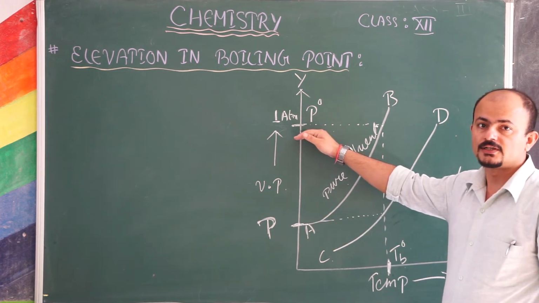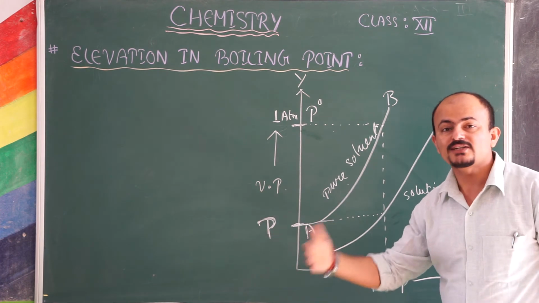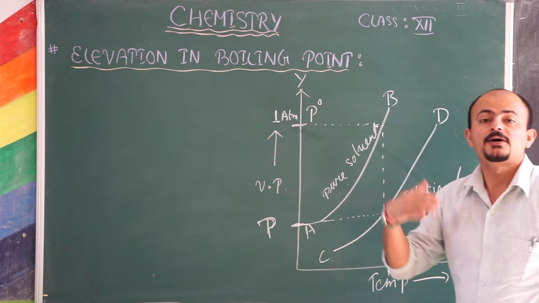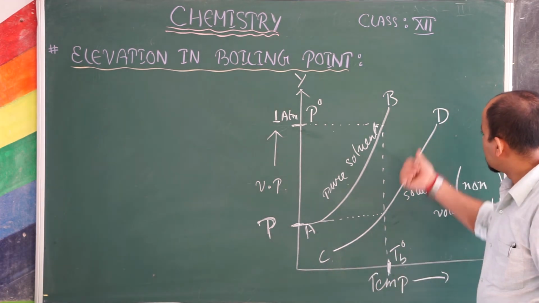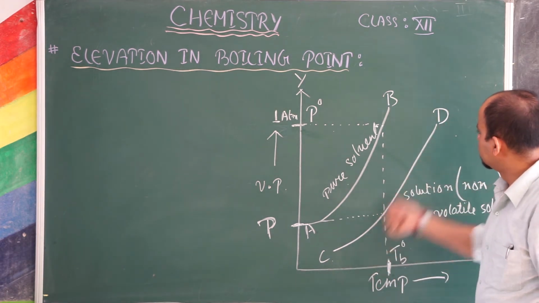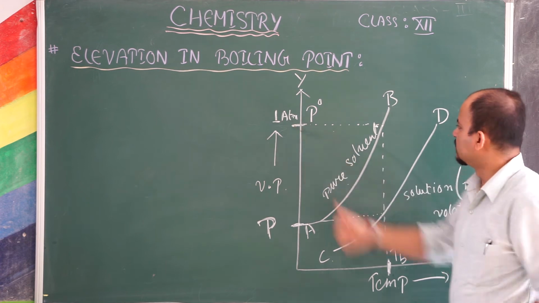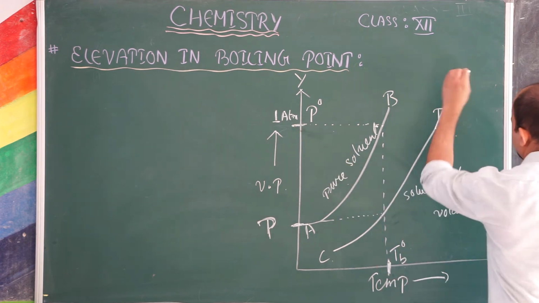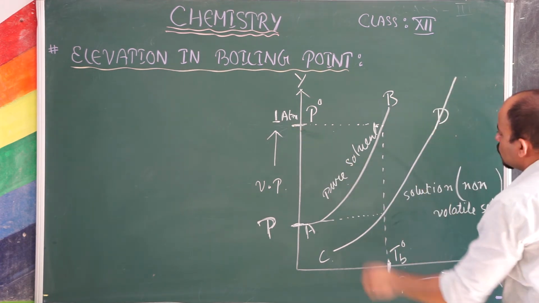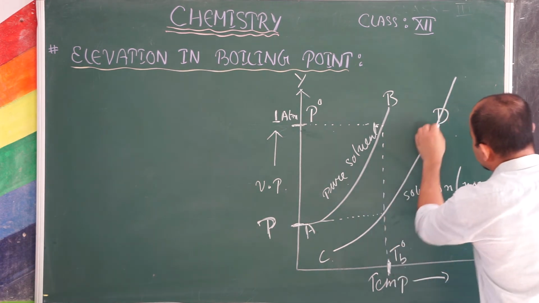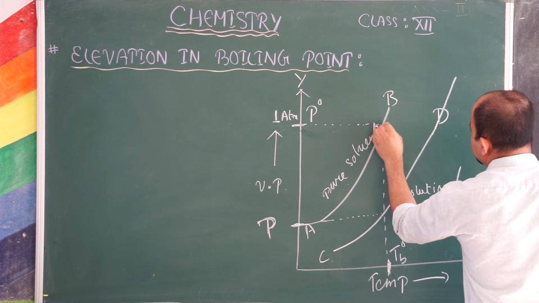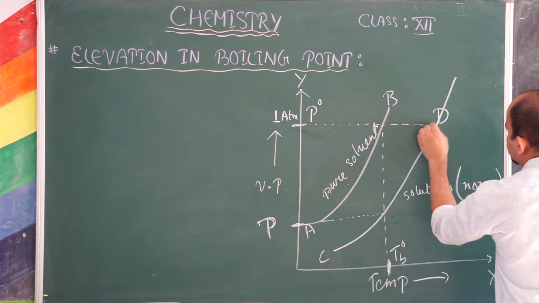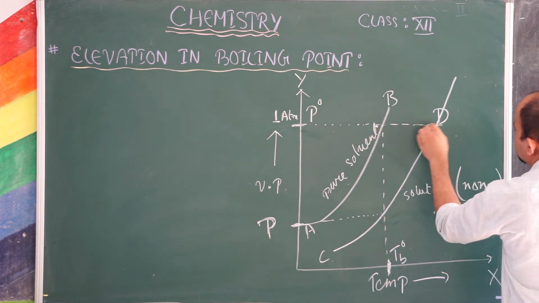The pure solvent. Now at what point will it start boiling? When the vapor pressure of this particular curve is equal to the atmospheric pressure. So let me pull this curve this side. For this curve to have 1 atmospheric pressure, the point that corresponds to 1 atmospheric pressure is